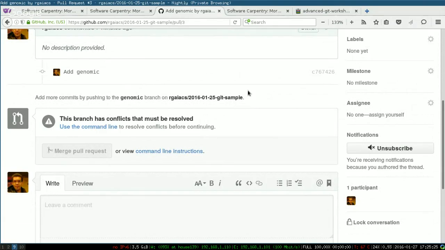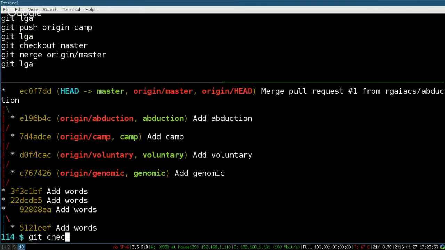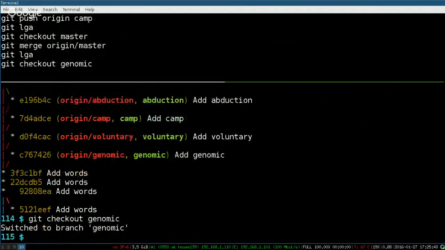So let's start. We need to change to genomics, so git checkout genomics. And we're going to rebase genomics onto master. What this means is that we're going to cut the genomics branch from 3F3C1BF and put that on top of the master branch. This means that you're going to keep the changes from genomics, but change the position of the branch. So you can do that with git rebase,